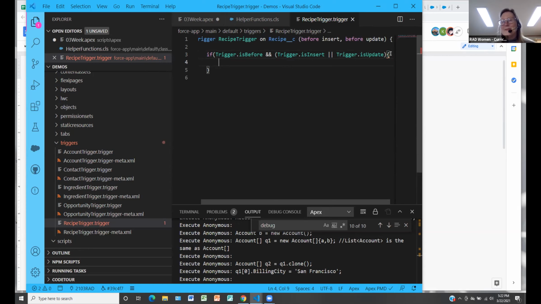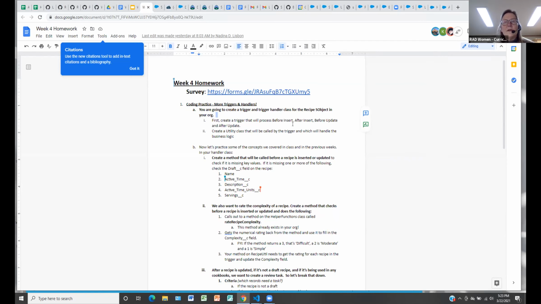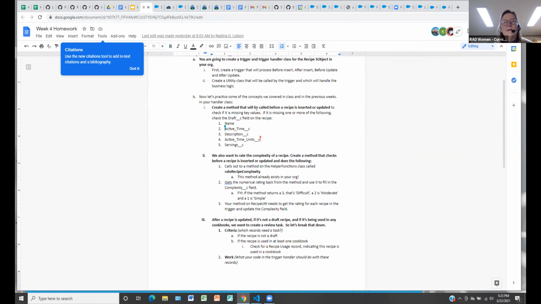So now I'm stuck. I've got my trigger started. I think I've started it right. I think it's going to be before insert or before update, and I think it's got to call some other code. So before insert, oh, after insert also, before update and after update. Okay, so we need more context, and we need a utility class that will be called by the trigger to handle the business logic. And some of that business logic is to